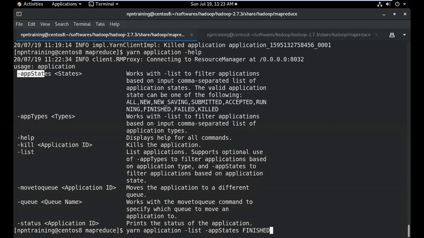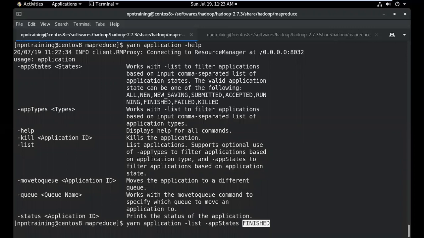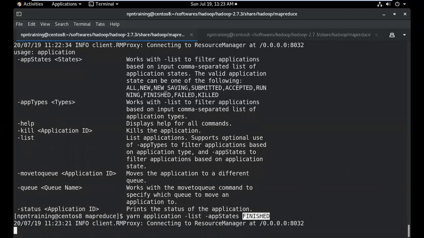Can you see this here? There will be so many jobs running. I want to list all the jobs, for example, which are finished. So yarn application -list will list you all the jobs. Among that list, I'm saying that the state of a job should be finished. Now when I press enter, it will give me all the jobs which are finished.